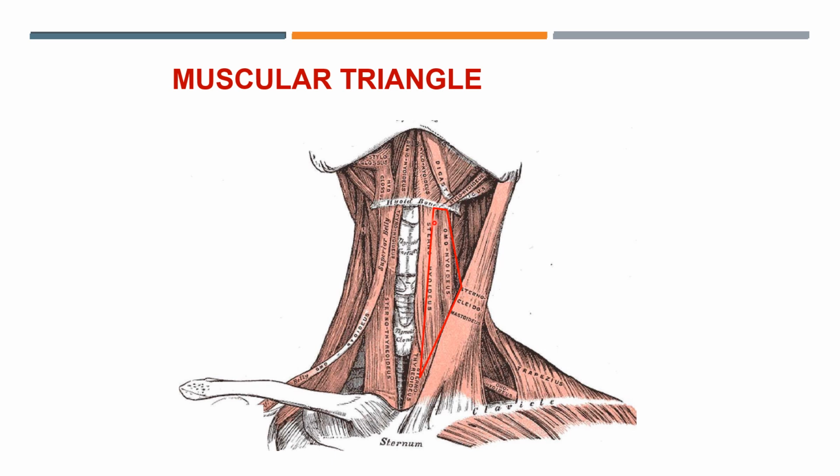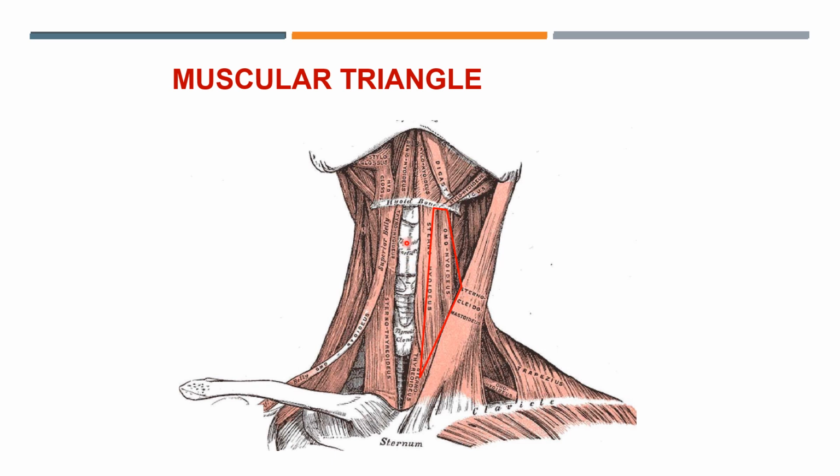And as you see here, it has boundaries. The boundaries are made by the superior belly of omohyoid, superiorly and laterally, and then the sternocleidomastoid muscle, which forms the lateral and inferior boundary, and the midline here forms the medial boundary. Okay, it also has a floor, which is made of sternohyoid and sternothyroid muscles, these muscles, and it contains parts